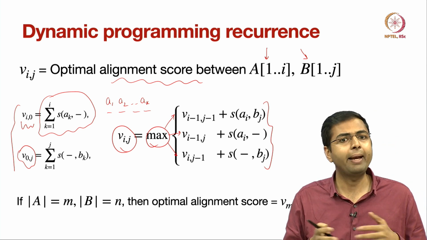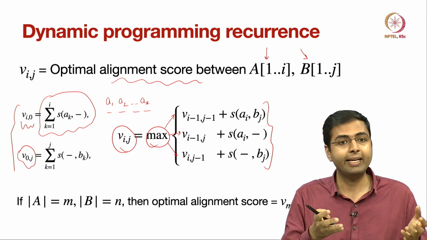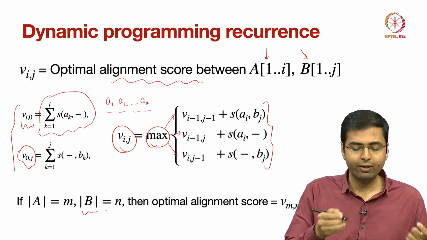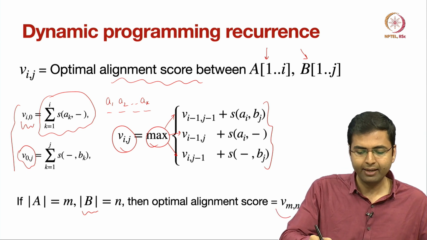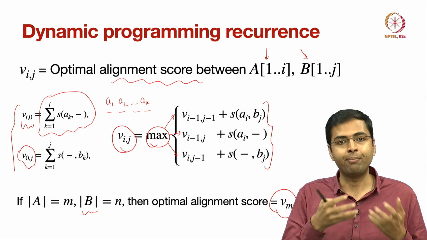So, this idea remains the same as before, and again if the length of sequence A is m and the length of sequence B is n, then we know that the optimal alignment score is given by the last element in the dynamic programming table, that is Vmn,